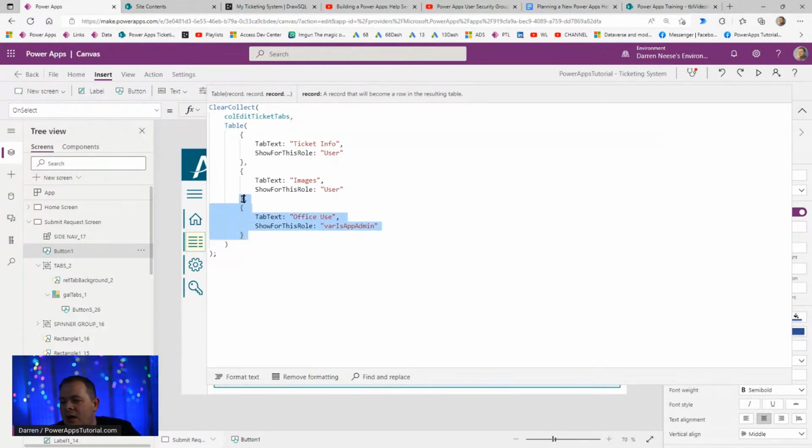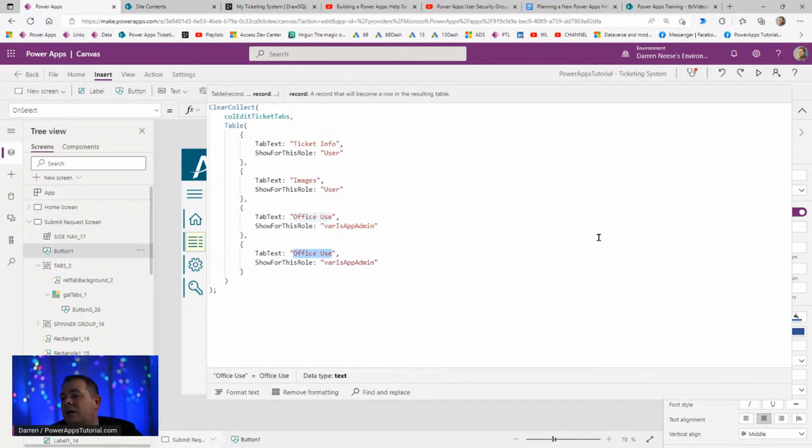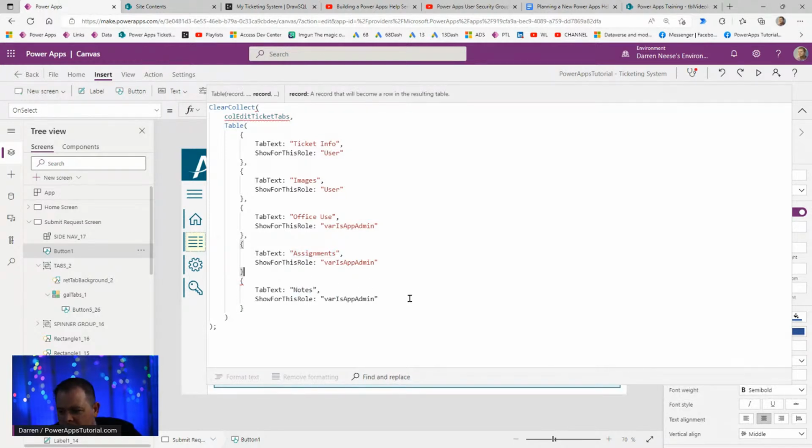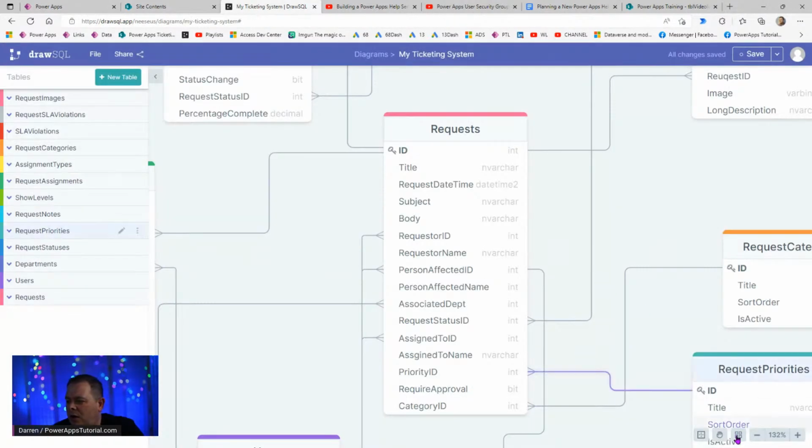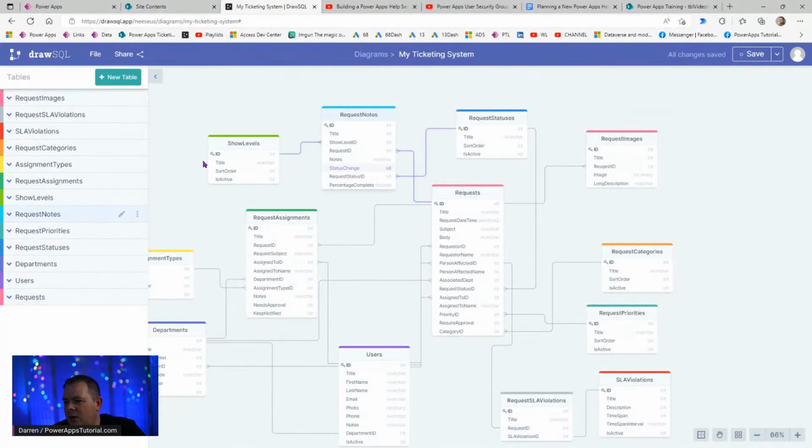All right. So another tab that we could create here is office use assignments. And then we've got notes. Now, the notes are something a little special, okay? Because if there have been notes added to the ticket along the way, from beginning to resolution, we want the users to be able to see those notes, but only the notes that they're allowed to see, okay? Because if you remember over in our requirements and our database diagram, we have show levels,